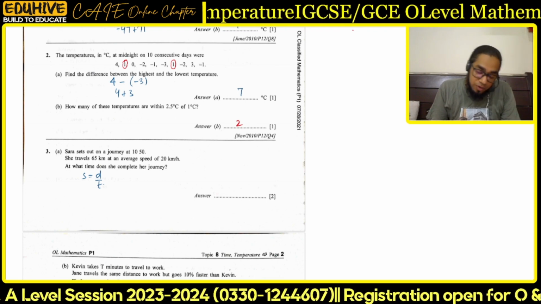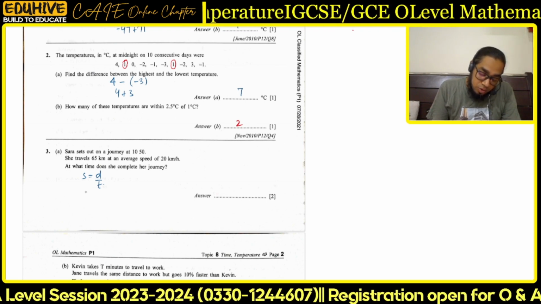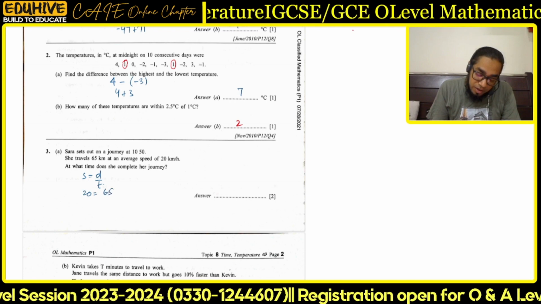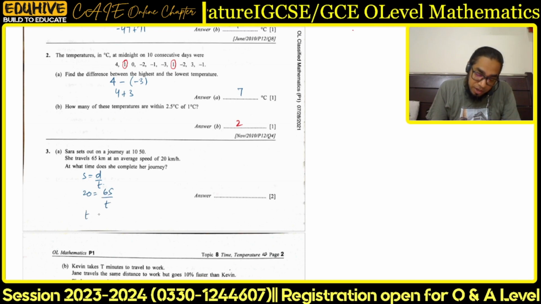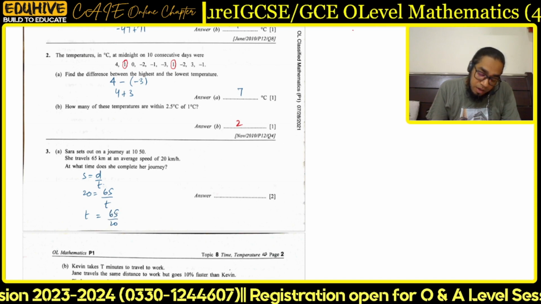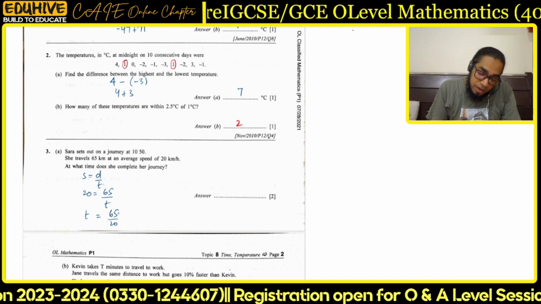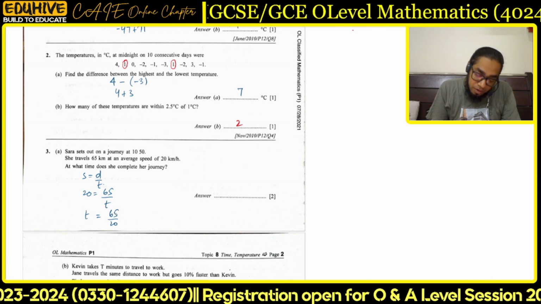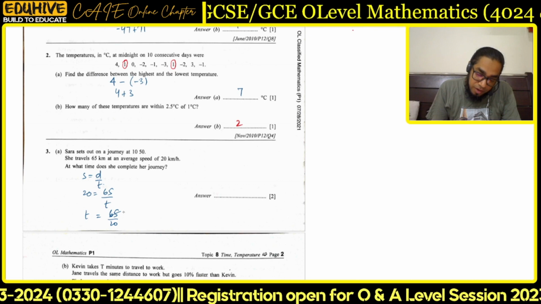Then after that, I am going to work with the time. So the speed was 20 kilometers and the distance was 65 and the time is unknown. So I'm just calculating the time over here. That's going to be 65 by 20 and I guess it will be okay. I'm checking that one. So it's going to be 5 into